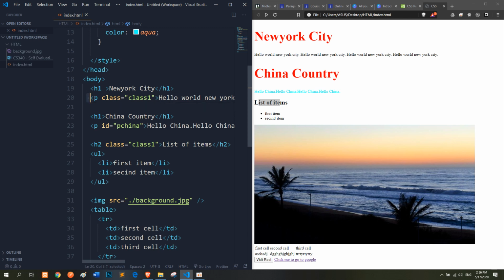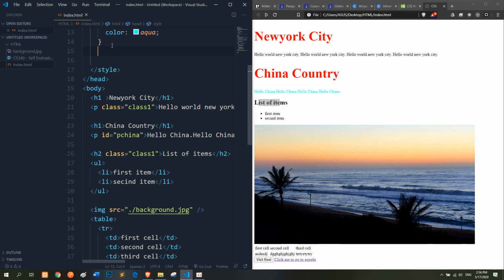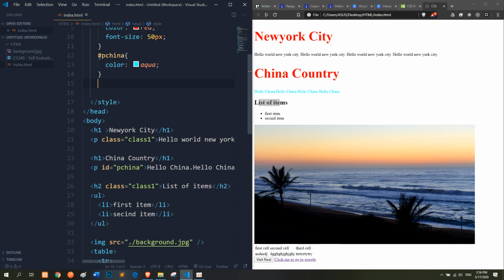It means that this p tag and this h2 tag are in the same class, because the class names are the same. So when we use the selector to give the style to class 1, it will apply to this p and this h2. But like you see here, the sharp symbol specifies the ID, but for the class we use the dot symbol,